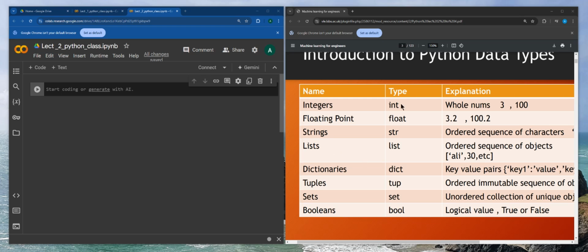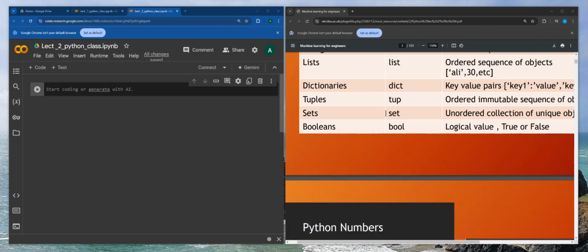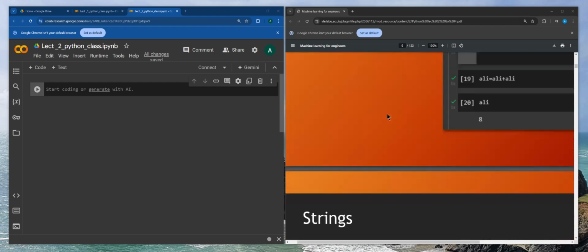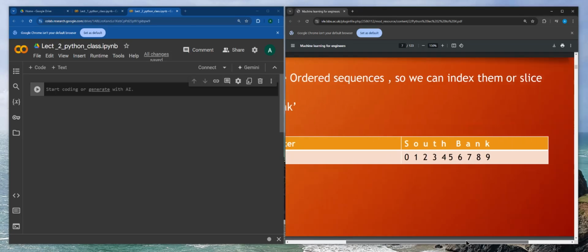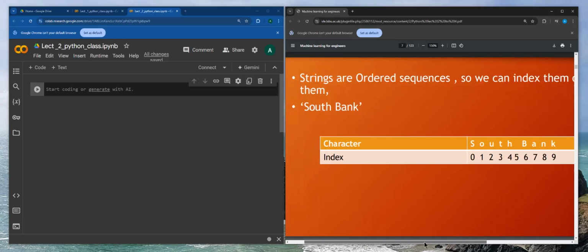Okay, so we're going to look into strings. In other words, text basically. But using the word text is not really professional when you're discussing Python. So let's just call them a string. They are ordered sequences, so we can index them or slice them. But what does that all mean? So if I say A equals